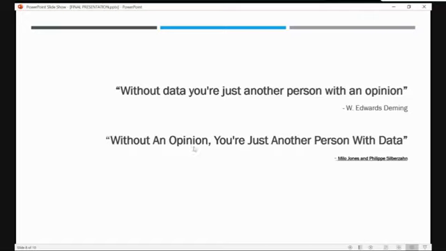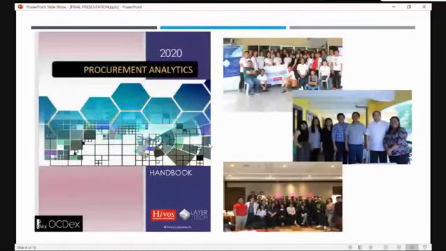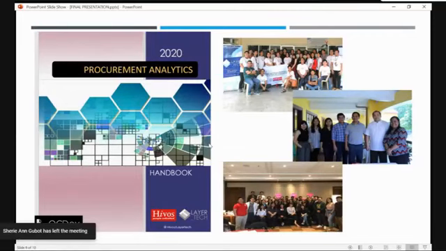I have two good quotes here. They say, without data, you're just another person with an opinion. But at the same time, without an opinion or context for that matter, you're just another person with data. So in Layertech and with our partners, we believe that these two have to go hand in hand. That is why we always invite different stakeholders so that we can discuss, like in this online webinar that we're doing. And we will also be releasing, in the next few months, a book for the past years. I think it's 3 years that we've been working with HIVOS on open